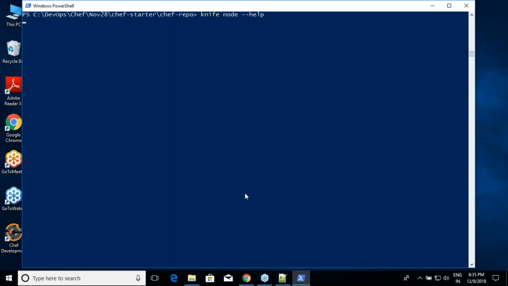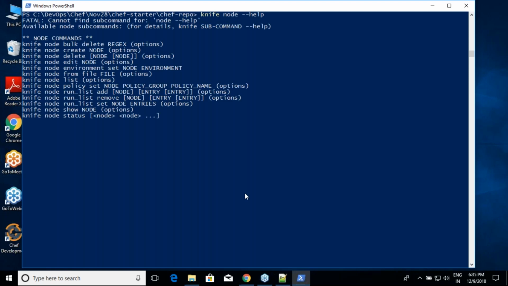You can create environments and roles from the UI also, but we'll be doing it from CLI. The reason why we do it from CLI is because I want a version control on my nodes, on my environments. If I do it from the UI, and if I want to change any environment, I might miss my older change. But if I write it in a file and put it in Git, whenever a new change comes, I have a new version altogether. So I'm not losing any of my changes. That's the reason why I write it in a file.